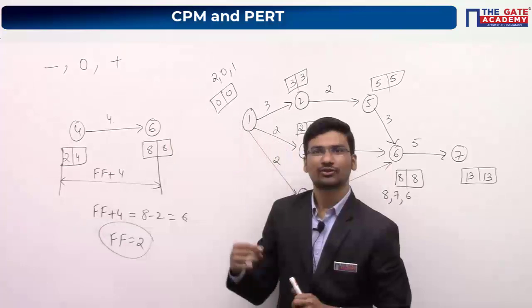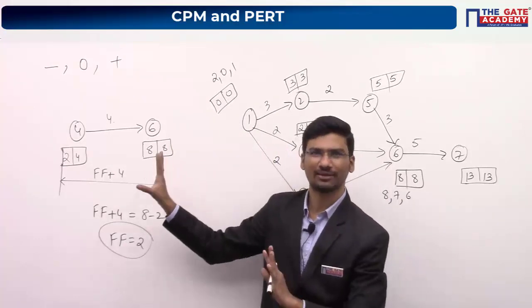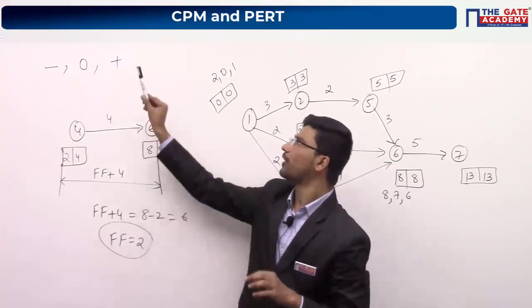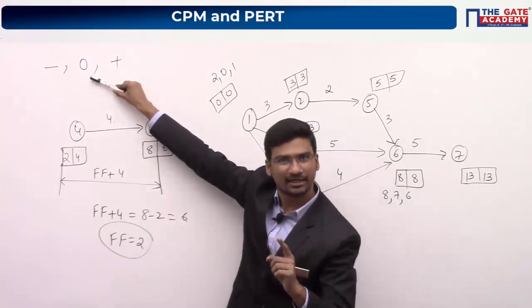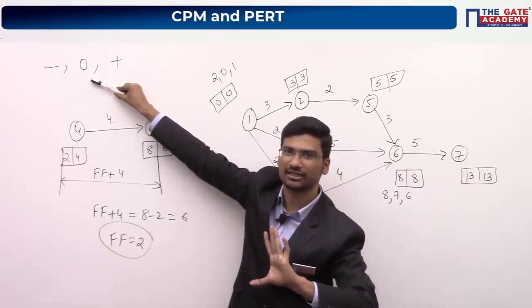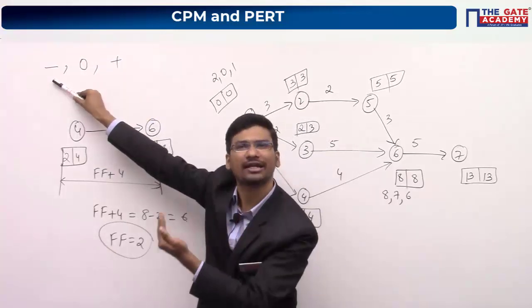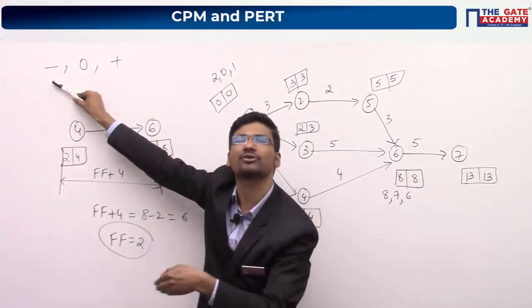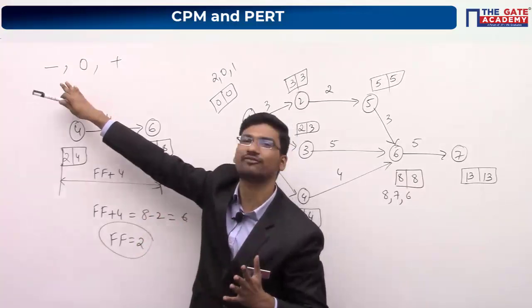So some more. So please listen. I am repeating. Saurav, okay. So should I repeat? So briefly I will repeat, okay, if you want. So positive float says that extra time is there, you can delay. Zero float, no extra time. The time which you have given, it is sufficient, no delay. Negative float means the time which you have allocated, it is not sufficient. Okay, you have to recheck and we have to reallocate the resources. Okay, that is the meaning of negative float.